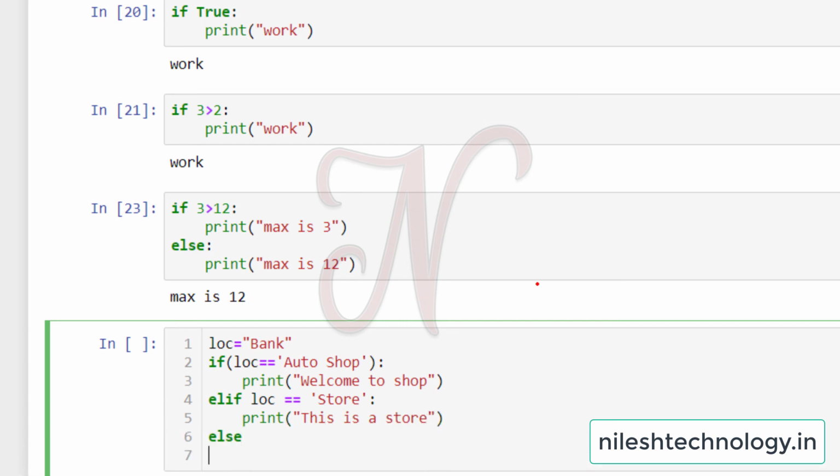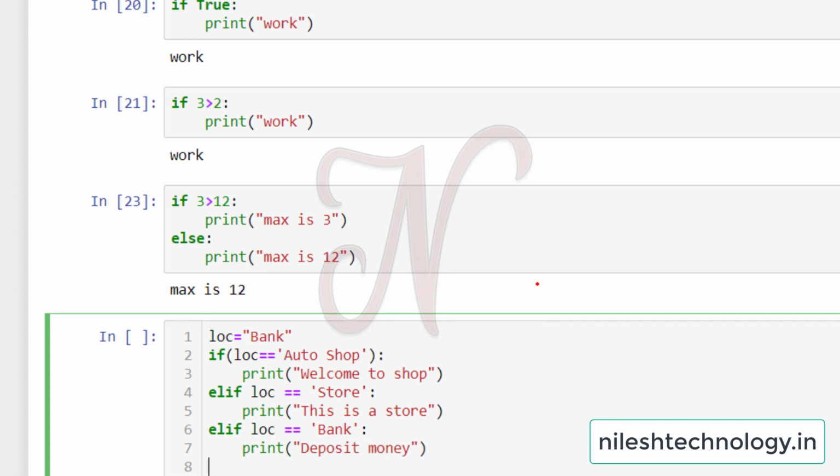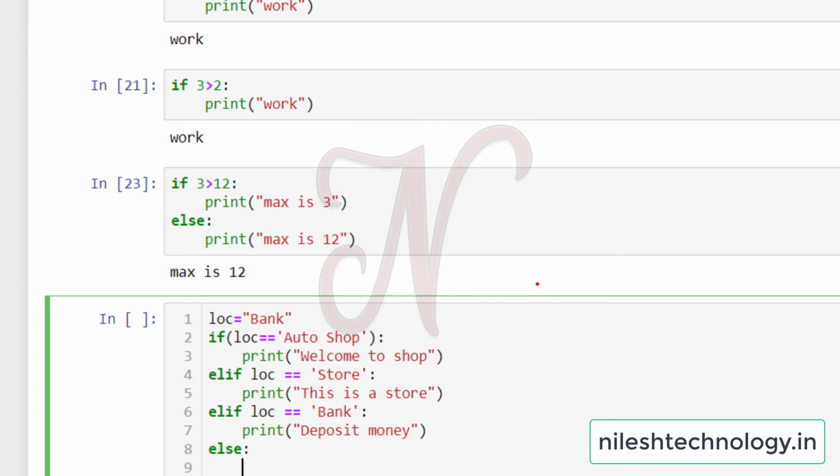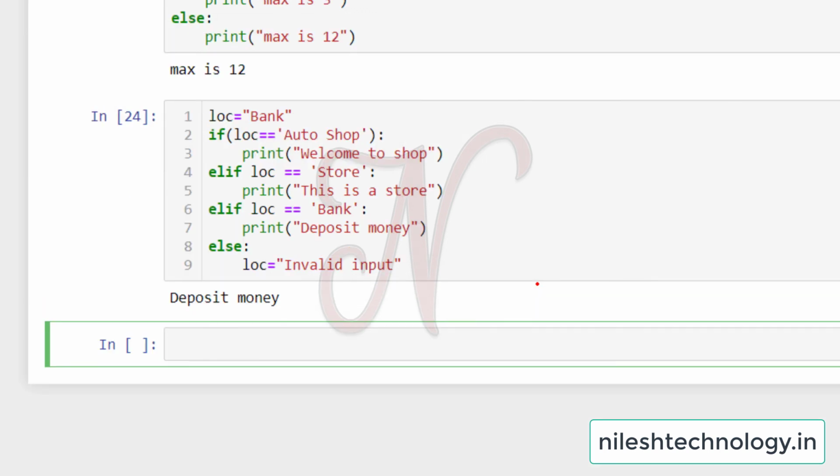Again elif loc equal to bank, print deposit money. Or else colon, print invalid input. So we can run this.